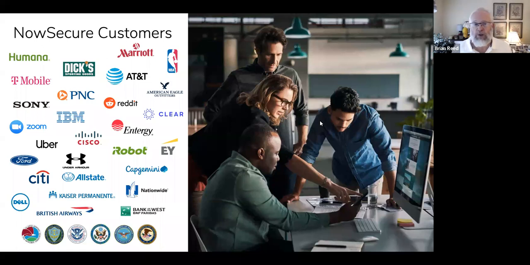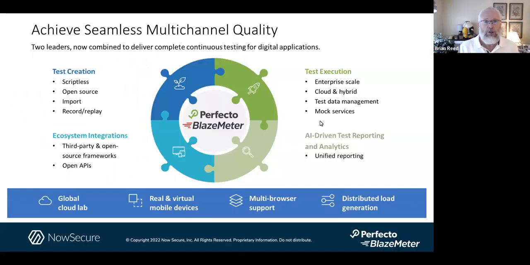Along with the federal government, we work in high tech, healthcare, financial services. We do a lot of really cool stuff around IoT. I think I'm telling an IoT story later that we'll get to as well. So we appreciate the opportunity to share that information with you today and bring you along on your journey of building your mobile programs. So with that, I'll hand it over to Eran to tell us a little bit about